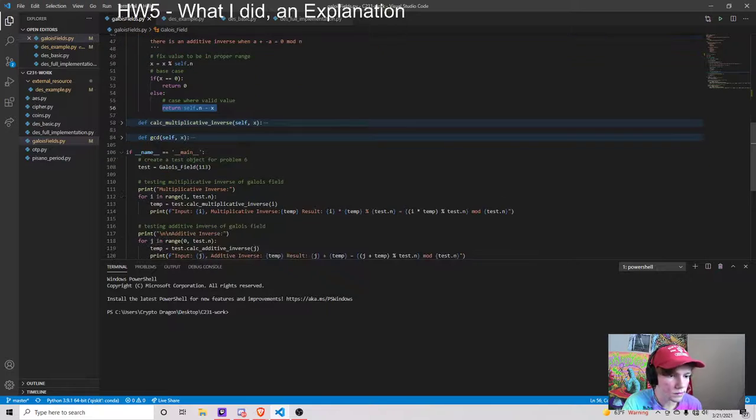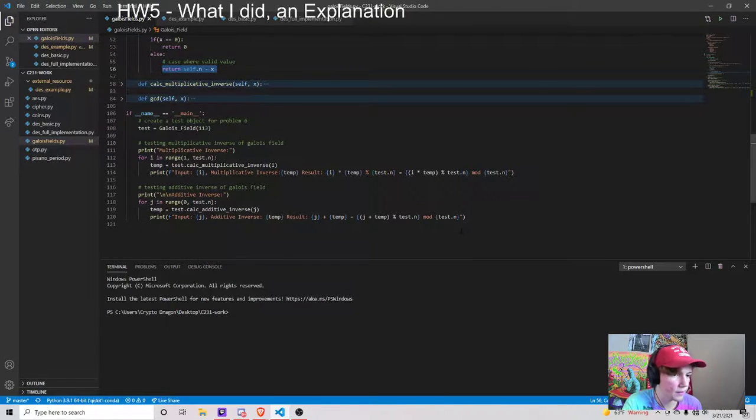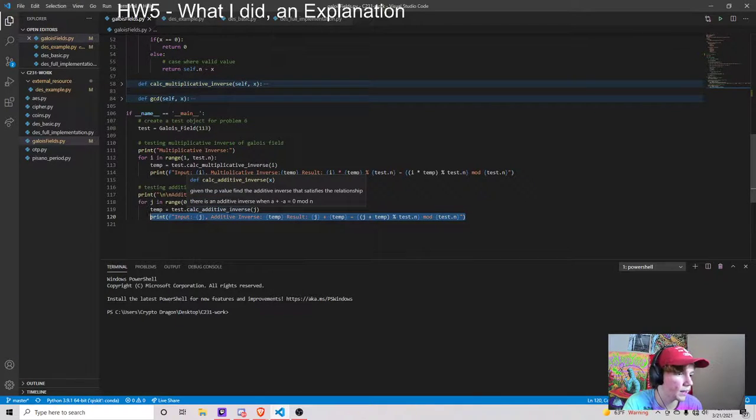So if I go to my example here, I want to explain these print statements first. For the additive inverse, calculating this, I had to realize that the output should always be 0 mod n. And this is a property of the additive inverse. When you do a plus the inverse of it, it'll always be 0. So from there, what this code is essentially saying is